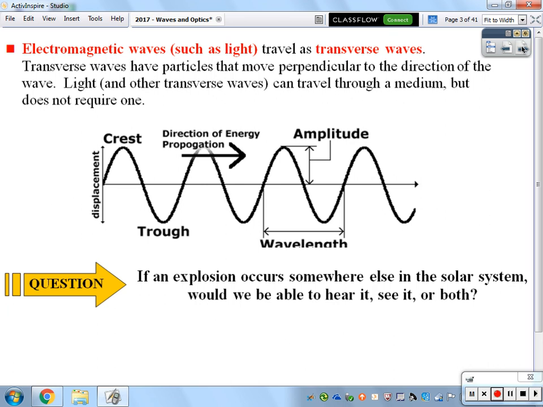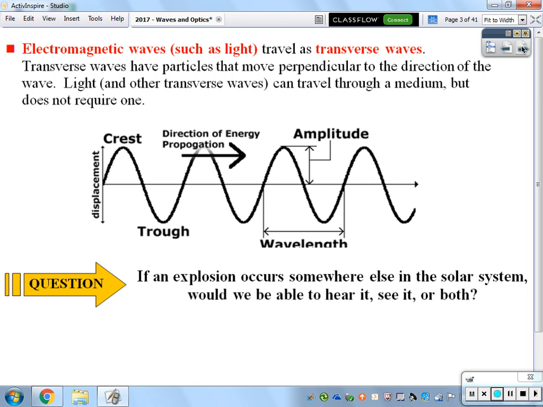Now certainly you can envision the energy going along that rope, and you're going to see the wave travel across the room. So the wave is traveling in that direction, but the question I pose to you is, what direction does the rope actually move? It just moves up and down. So the particulate matter is not actually traveling from where I'm standing to the door. For the most part, it's just traveling up and down. Again, it is the energy that is transmitted along that wave. That's what's important.